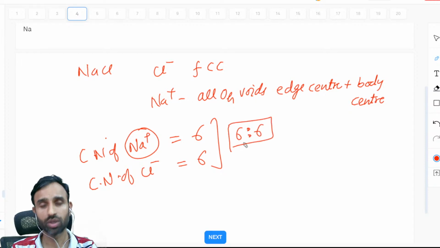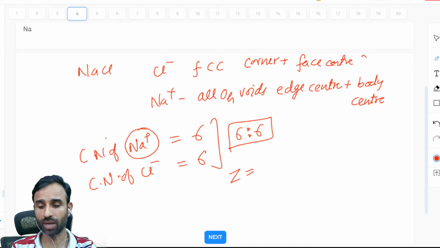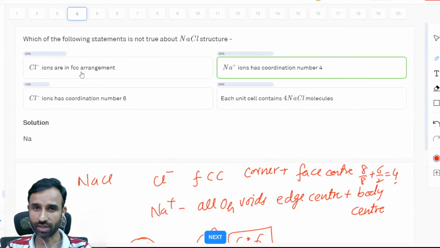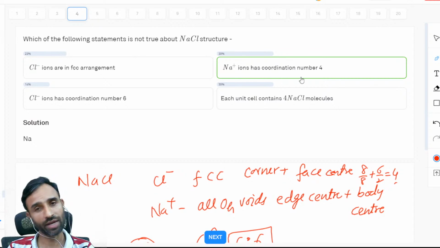ठीक है। और दूसरी बात क्या है कि जो नंबर ऑफ एटम्स पर यूनिट सेल हैं, FCC है, तो कॉर्नर पे और फेस सेंटर्स पे होंगे। तो कॉर्नर पे क्या होता है, 8/8 + 6/2, मतलब कितना हो जाएगा 4। सो Z इज 4 फॉर NaCl। तो देखो Cl⁻ आयन FCC बनाते हैं, सही बात है। Na⁺ का कोऑर्डिनेशन नंबर 6 है, राइट है। Cl⁻ का कोऑर्डिनेशन नंबर भी 6 है, राइट है।